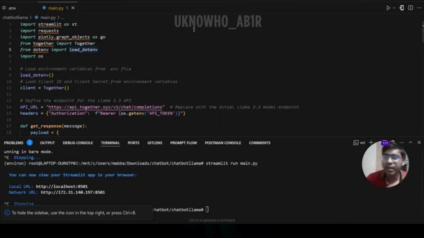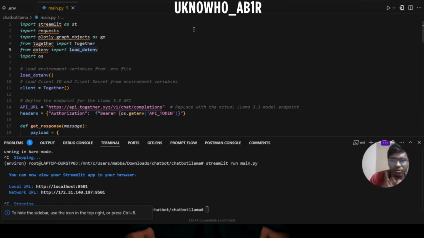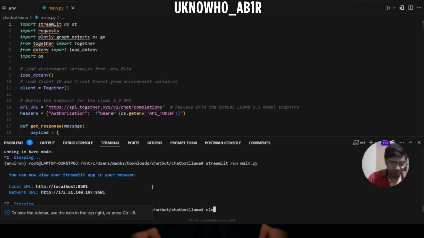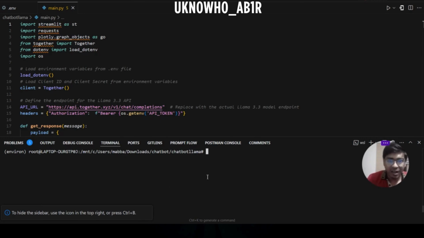Guys, today I'm going to show you how to create your own chatbot with the help of Together.ai, which is a cloud hosting for open source models. So, in the beginning, what we have to do, we have to create a